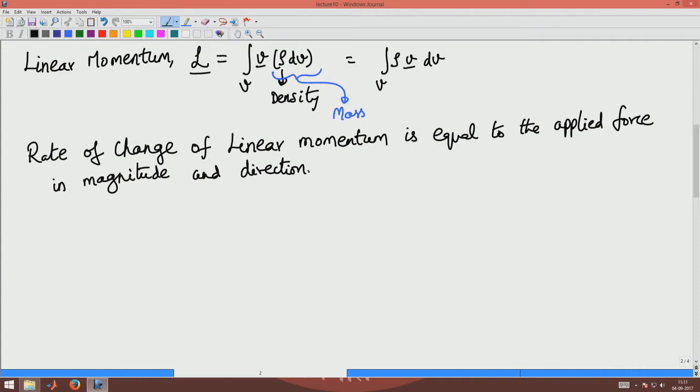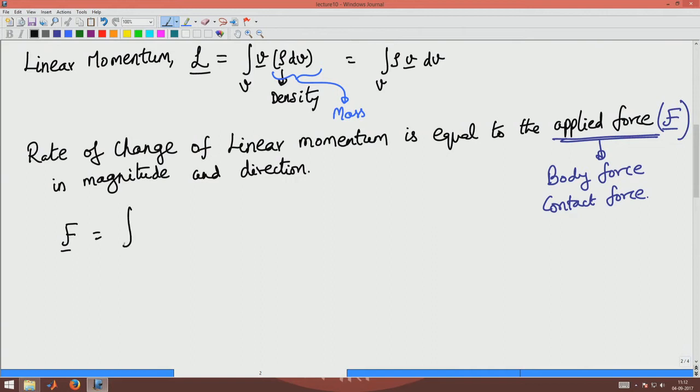So, what is the applied force? Two kinds of applied forces are there, as we saw in the last class. One is what is called the body force, and the other one is the contact force. So, if we denote this applied force by vector F, it would be integral of b times rho dV plus integral of T sub n dA,